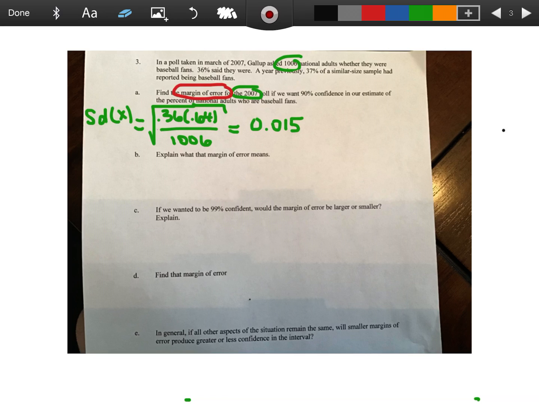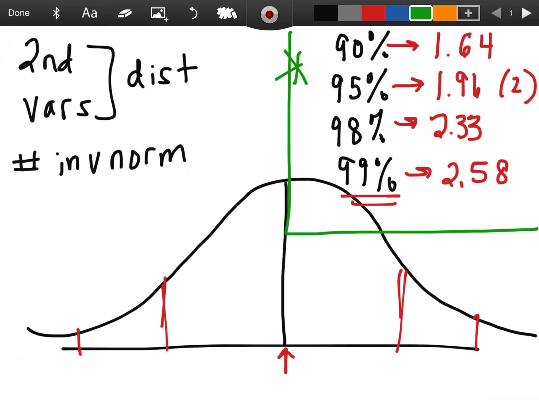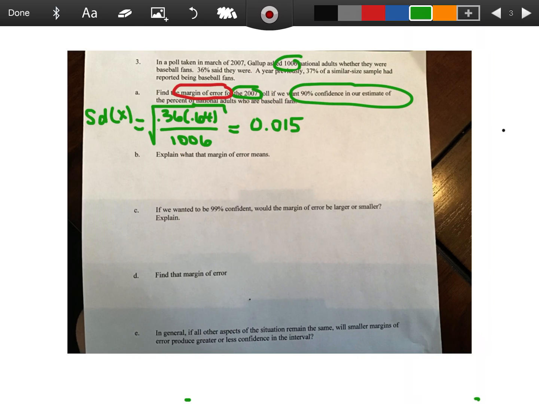So in a 90% confidence interval, remember, we're looking for a z-score of 1.64. So I'm going to do 1.64 multiplied by that standard deviation, which you could type it in like this, but honestly, I've hopefully encouraged you to never use a rounded answer to come up with your next answer. So I would just use that answer in my calculator, and I would type in 1.64 multiplied by my previous answer, which I still have programmed in my calculator, and my margin of error is